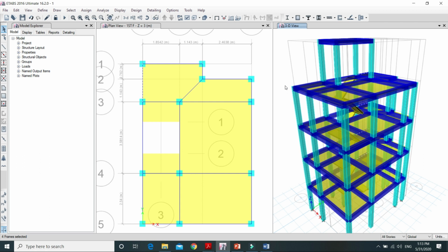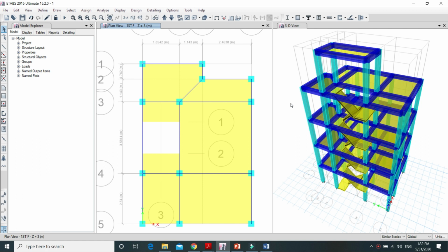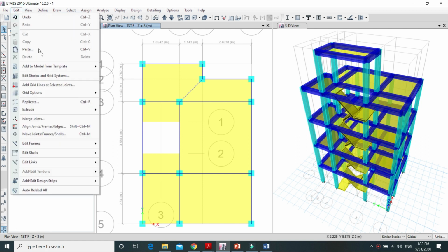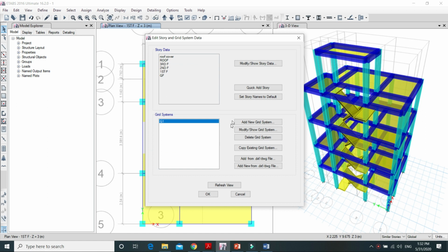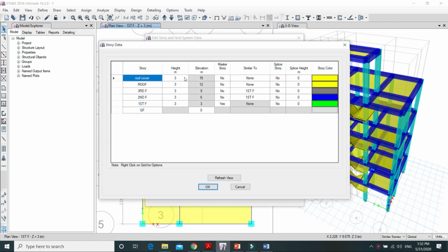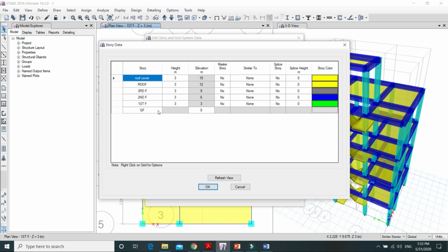For that we work on the similar stories concept. So let's talk about what similar stories are. To know more about similar stories, go to the Edit tab, then to Edit Story and Grid System, and then click on Modify/Show Story Data. ETABS allows you to designate any story as a master story and then identify other stories as similar. If I assign the first floor as a master story, for example here in this master story column, if I assign this first floor as a master story,